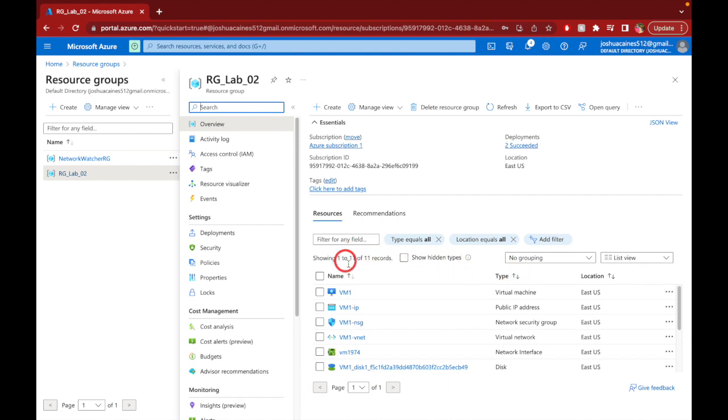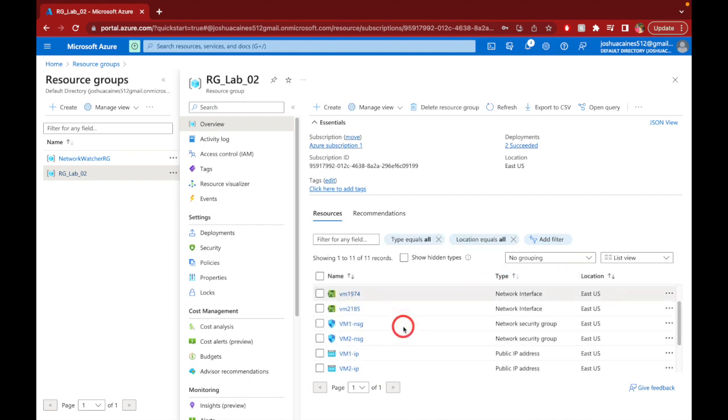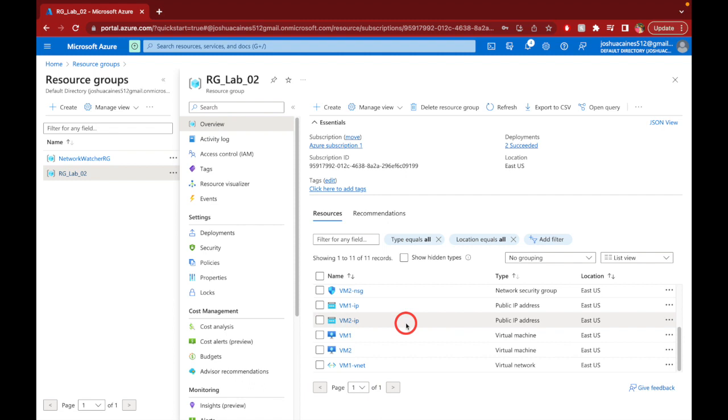Actually, before even sorting it, in the first video, the first time creating it, I had 12 resources, or 12 records, I should say, and only should have had 11. I was a little zealous and went too fast going into creating the second virtual machine. And go ahead and sort that. There we go. And so you should have 2 of everything, except the only thing you should have 1 of